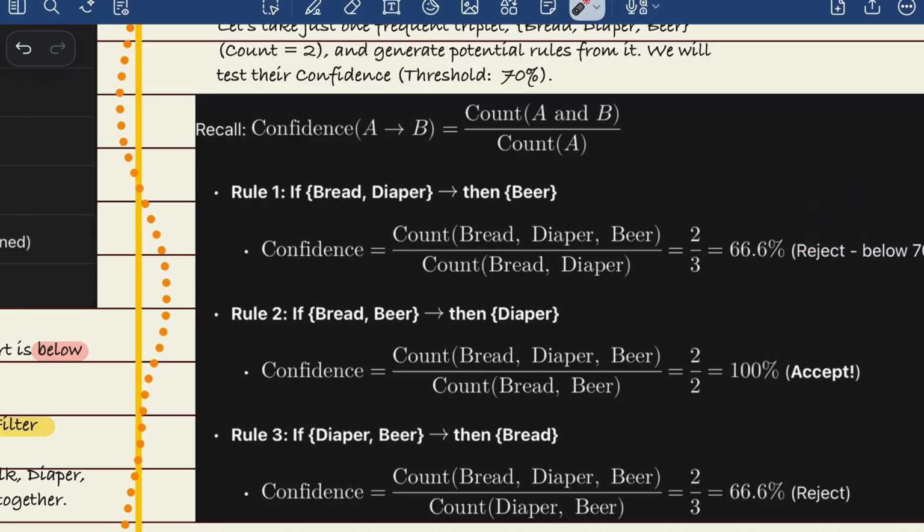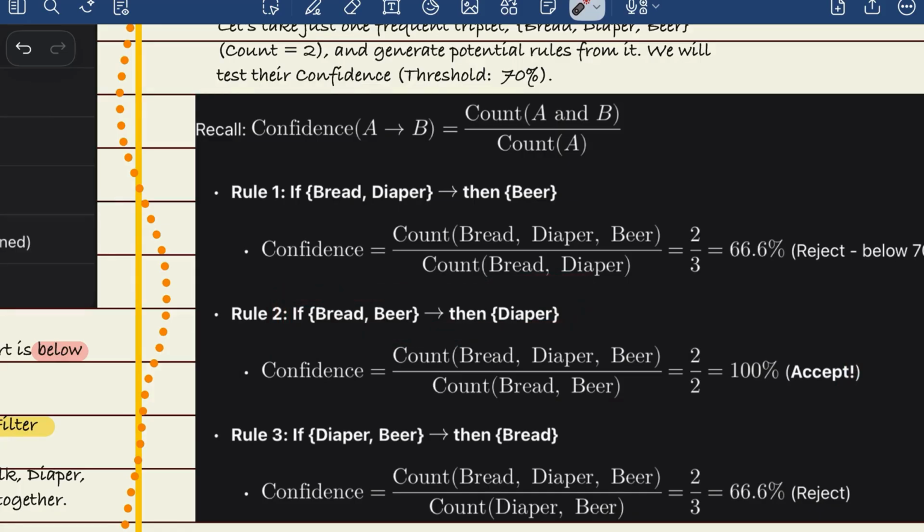Now rule 2, it is bread, beer and then diaper. Similarly, the count of bread, beer and diaper is 2, and the count of bread, beer is also 2. So you see we get a 100% confidence, so this would be accepted. Then the third rule is diaper, beer and then bread. If you calculate it, it will also get 66%, which we reject. So you see there is only rule 2 we accept, that if bread and beer are bought together, then diaper is